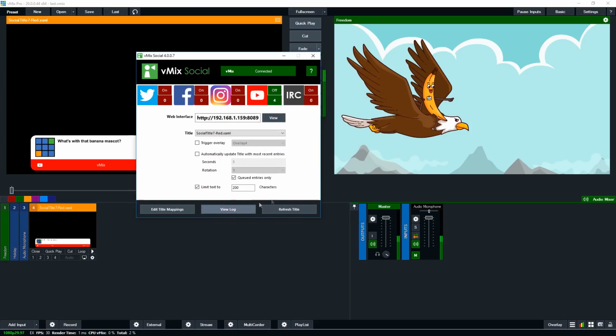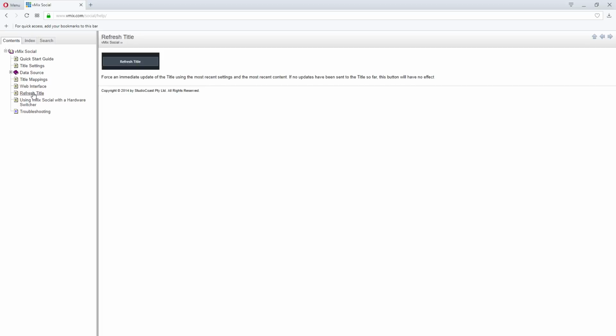Now underneath that, you'll see view log will show you your connection to different social media comments and chats, and refresh title will refresh the title. Now at the top right hand corner, you'll see a question mark here, so that will load up the help and documentation guide to vMix Social. So if you have any questions about things like title mappings, the web interface, refreshing titles, all that kind of stuff, you can find it by clicking the little question mark there. So that will bring up the vMix Social page here,